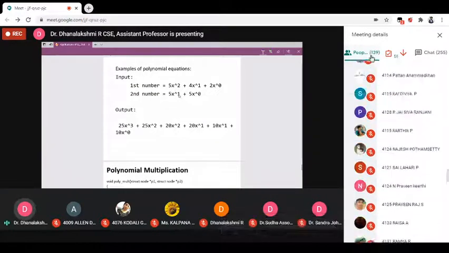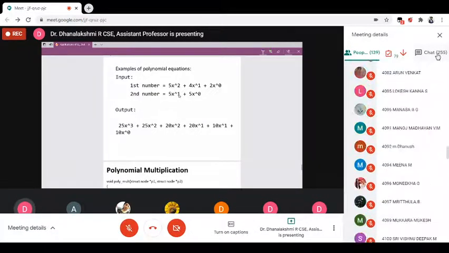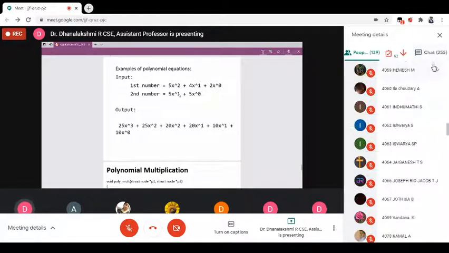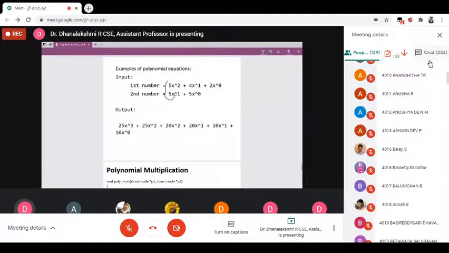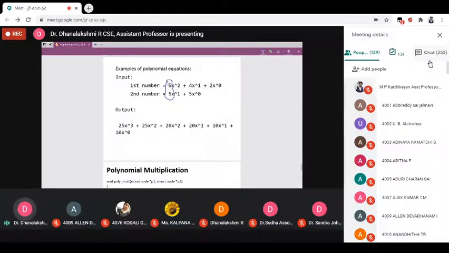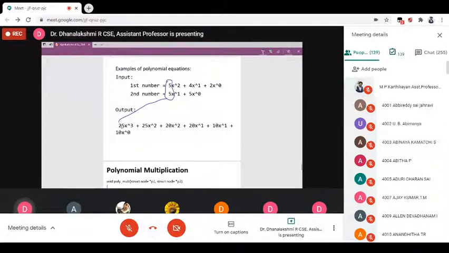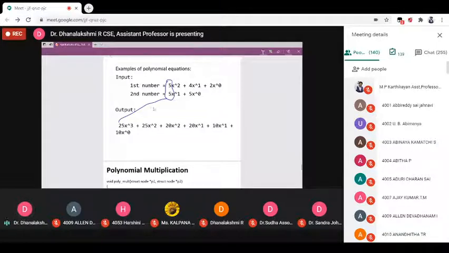But in multiplication, that is the usual procedure in addition and subtraction. Here what we have to do in multiplication is multiply the coefficients. What are the coefficients? 5 and 5. So multiply 5 and 5. What is the answer? 25.